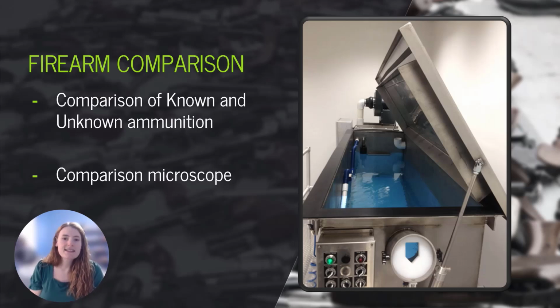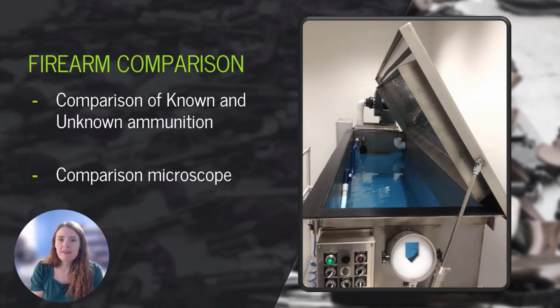Now, ballistic analysis is typically comparison-based, meaning that it requires both a known and unknown firearm to analyze. Let's say that crime scene investigators find fired ammunition at a crime scene. To determine what type of weapon fired the ammunition, investigators will use class characteristics of the ammunition to determine what types of weapons could and could not have been the original source. Once they find a suspected weapon, they will then use a visual comparison process to compare fired ammunition from the weapon that they think is the known to the ammunition of the unknown origin that was collected at the crime